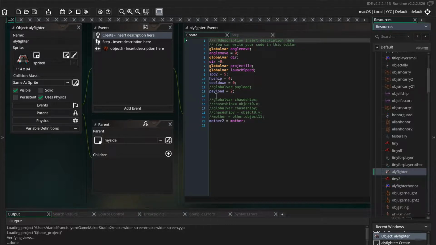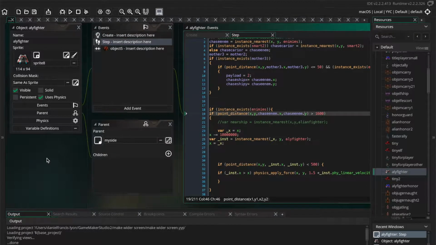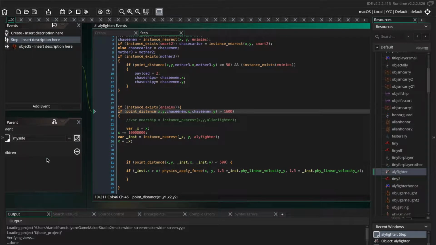Payload equals 2. This ship can fire twice before it runs out of ammo. Then it has to go back to the carrier ship. Health. And some of these other variables aren't so important for what I'm going to talk about. There's a bit of code in this that I'm not going to mention because it's some extra stuff you don't need. I'm going to go over the basics of how to make fighters that fly from motherships and attack and then go back to reload. And I have some other stuff in here, like making fighter ships spread out, and I may not go over all of that because I want to go over the basics of how to